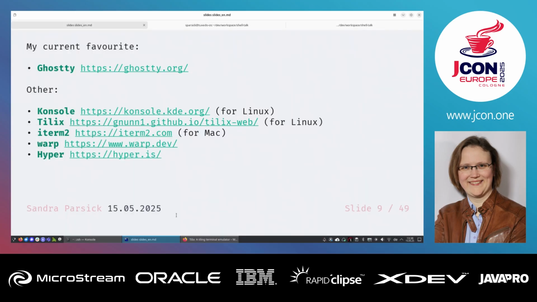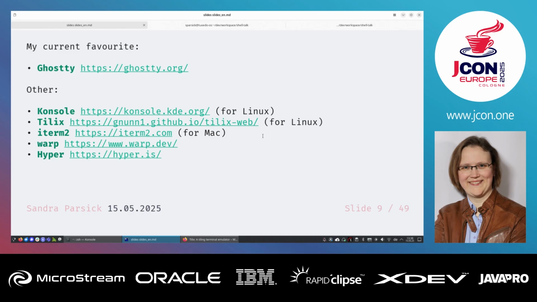But not everybody is using Linux. We have some Mac people here. I think the default terminal on Mac is iTerm2. So a question to the Mac people: do you have iTerm2 installed? Yeah. This is why I ask: Mac people tell me that when they're using a terminal on Mac, iTerm2 is the one they choose. Maybe Ghostty will be more popular on Mac, but that's what I see. But on the other side,